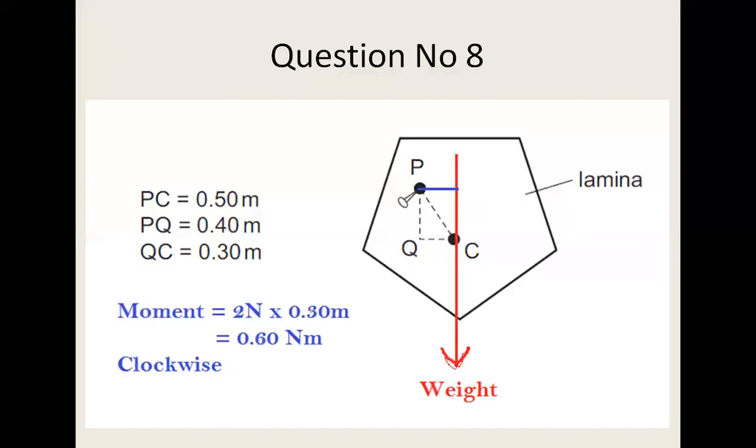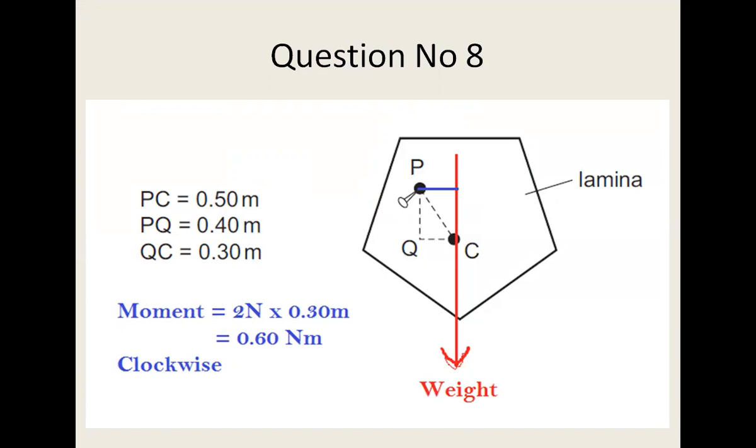Okay, so this is the pivot, and this red line is basically showing the line of action of the weight. And the perpendicular distance between the pivot and the line of action is this blue line, which is equal to the QC. Because the pivot is here, the weight is acting on the right side and it's acting downward. So it will produce a clockwise moment, and we can find the